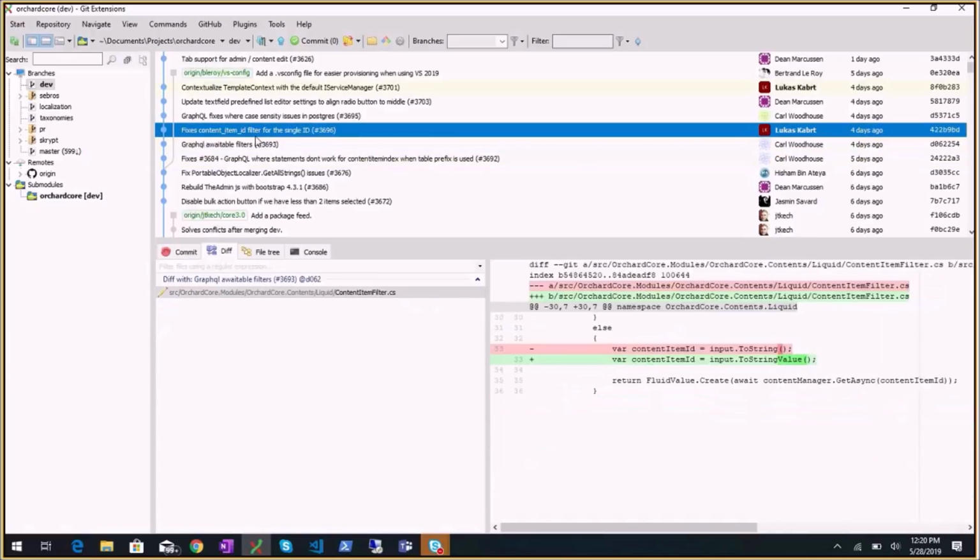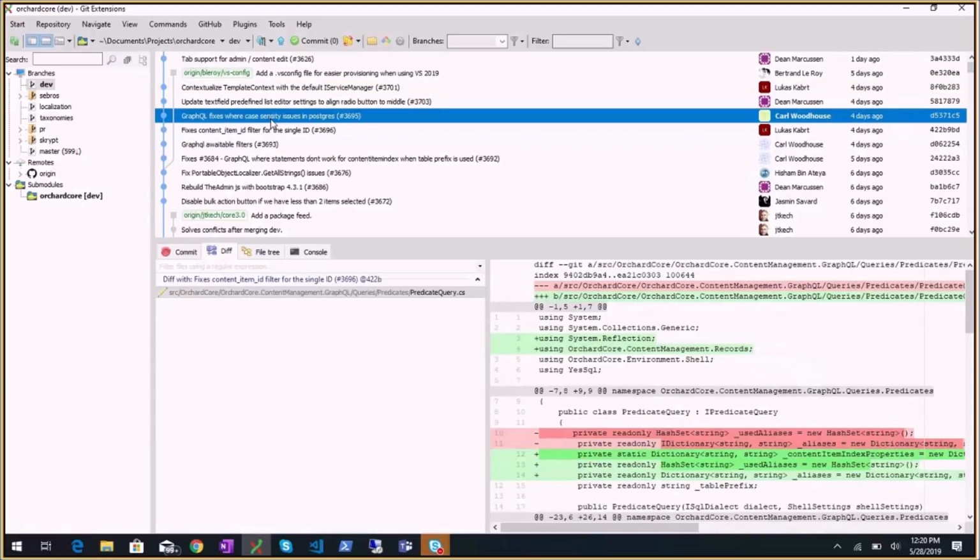Fixes content item ID filter for the single ID. Yeah, so Lucas fixed an incorrect call to Fluid. This is a correct thing to do. GraphQL fixes where case